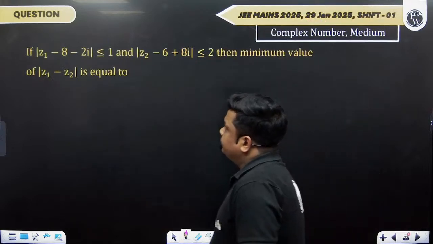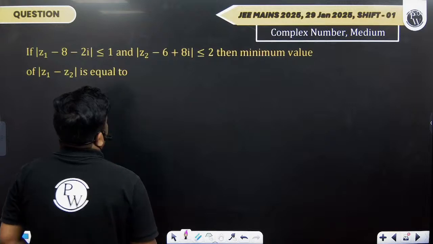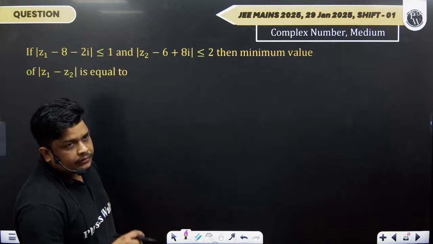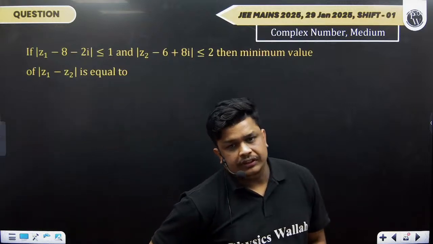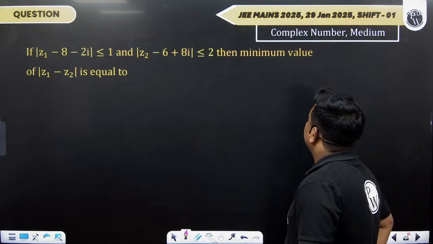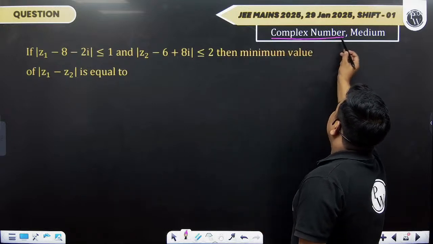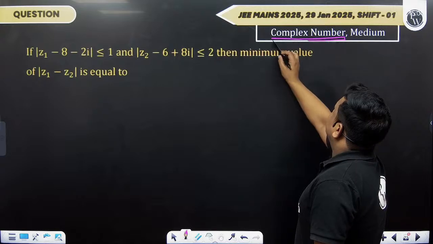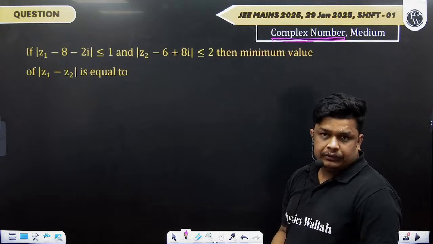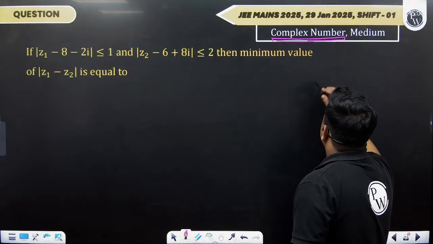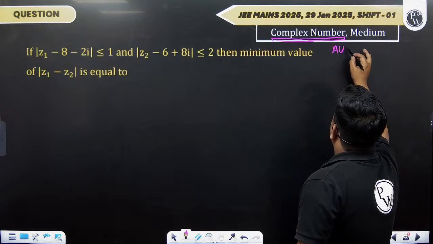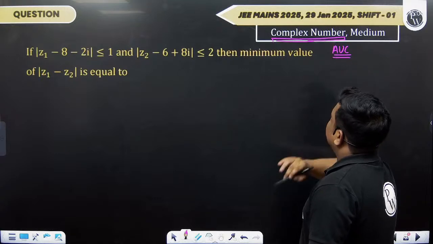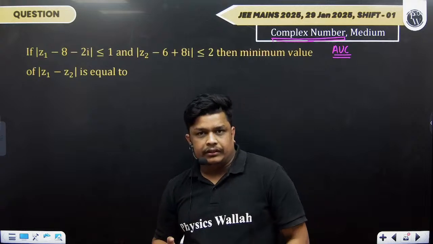Now this question is a very, very obvious question which we get to know in complex numbers. This is again one chapter where at least one question comes in each paper. It's a very important chapter. Okay. So area under curve or complex numbers, these are important chapters from where at least one question will come.